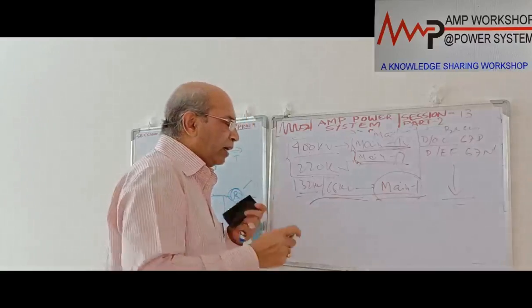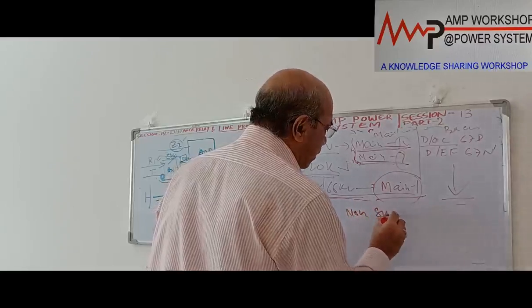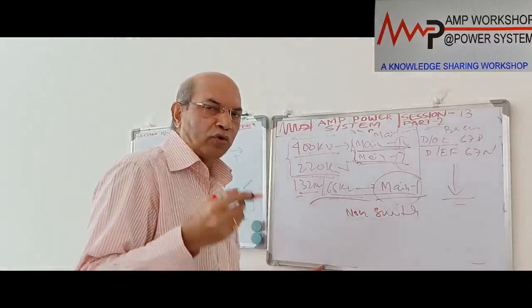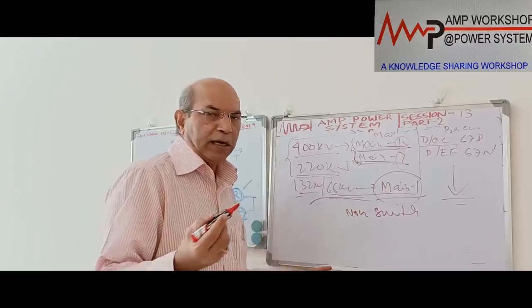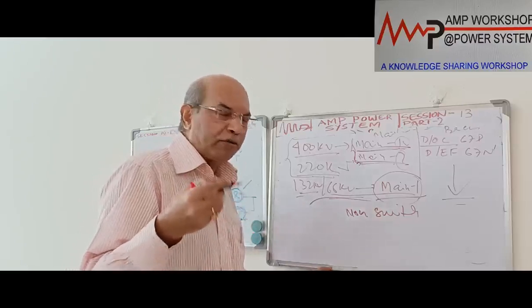I told that day that it will be a non-switched protection scheme. That means sometimes we can extend the zone 1 element to switch to zone 2, or a phase fault element we can switch to an arc fault. In that case, the number of relay elements required will be less.